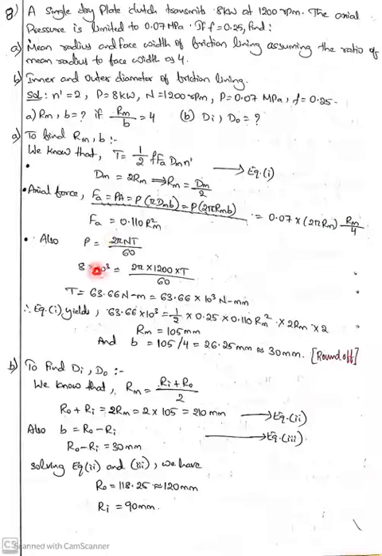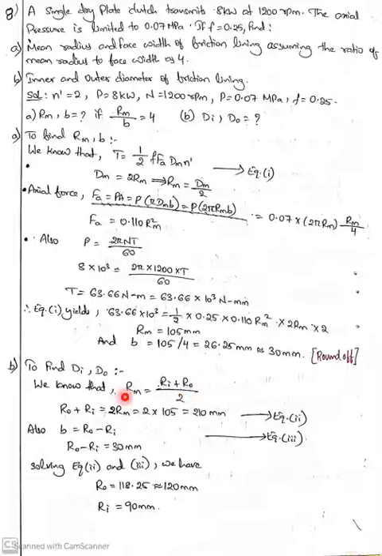Clear? Similarly, next you need to find the value of power in terms of torque. You need to find the value of torque. Once you get the value of torque, substitute back in the equation, and you will get the value of Rm. Once you get the value of Rm, substitute back in this equation, that is Rm by b is equal to 4, which is given in the question. We will get the value of b, that is the face width. Since this is just a value, guys, just keep in mind, you can take 26.25 as the value, or you can round off to the next higher value, that is 30 mm.